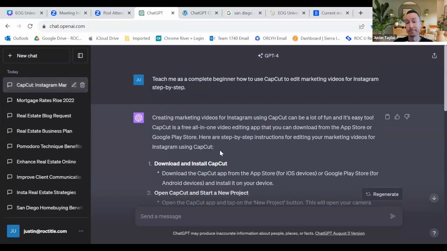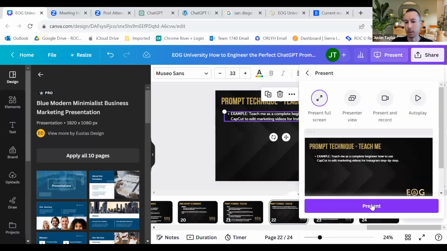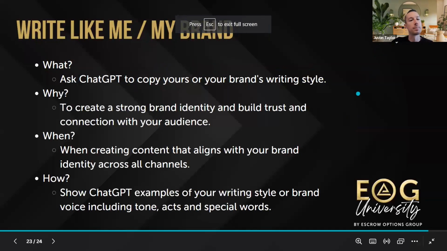And if you need Excel, right? Teach me how to split text in a cell into two separate columns. Teach me how to use Google Docs. Teach me how to use PowerPoint. Teach me how to use Canva. Teach me, right? All those different things, specifically, how do I remove a background in Canva, right? You can ask GPT to give you a step-by-step guide on that as well. Very cool stuff.